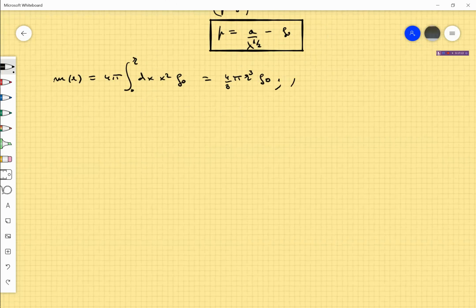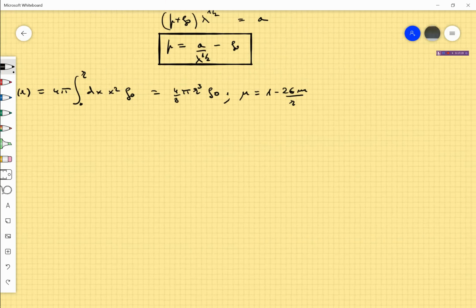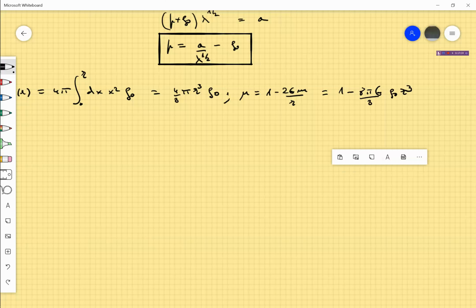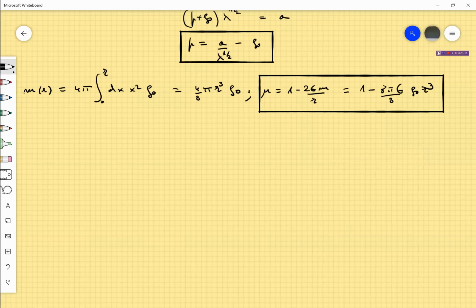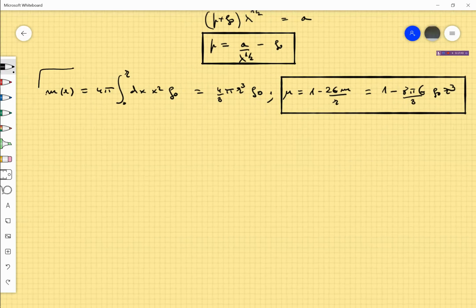Then mu, which was 1 minus 2gm divided by r, is 1 minus 8 pi g divided by 3 rho 0 r cubed. Okay, so we have found mu. We also have found m of r,